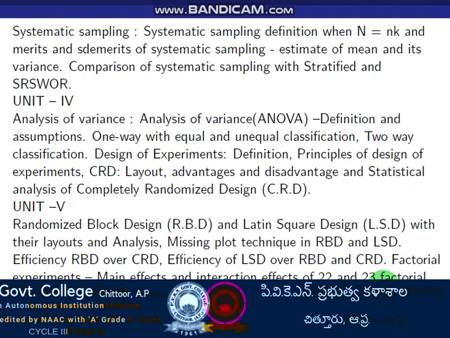And this fourth unit is containing analysis of variance. 1 10 marks question is compulsory and 1 question on CRD is compulsory. Similarly, the last unit we have 4 main concepts: RBD, LSD, missing plot technique and factorial experiments. And the efficiencies also there. Among these 5 to 6 concepts, you are going to get 2 concepts.